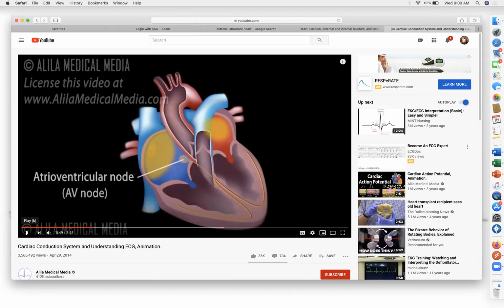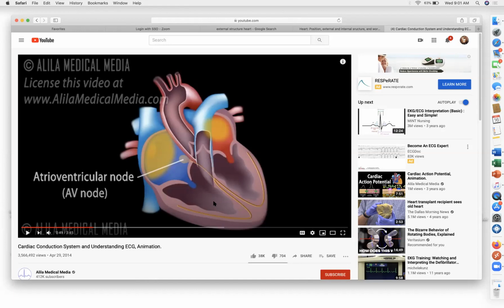So the SA node, also known as your pacemaker, the AV node is also known as a gateway. And what does a gateway do? It stops you from going through. AV node is also known as the brakes, BRAKES, of the heart, because there has to be a pause between the contractions of your atrium and your contractions of your ventricle, because it has to allow for the blood to